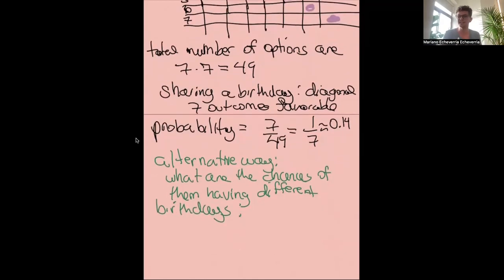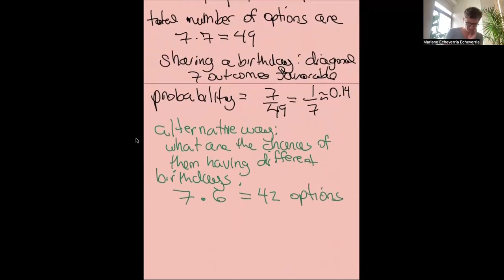So this is nicer, it's easier, it doesn't even require a visualization, because the first friend would have 7 options, right? And the second friend would have 6 options, because now we cannot repeat the birthday. So that just gives you 42 options, right? So the probability of having different birthdays